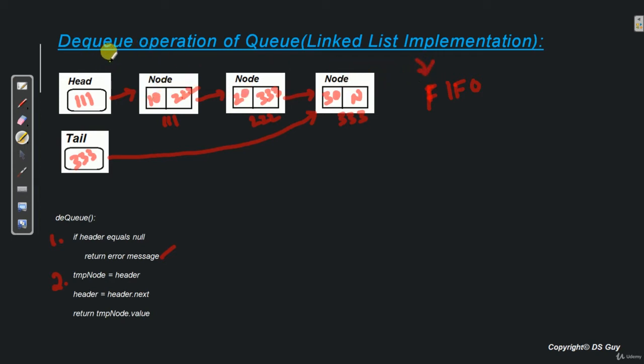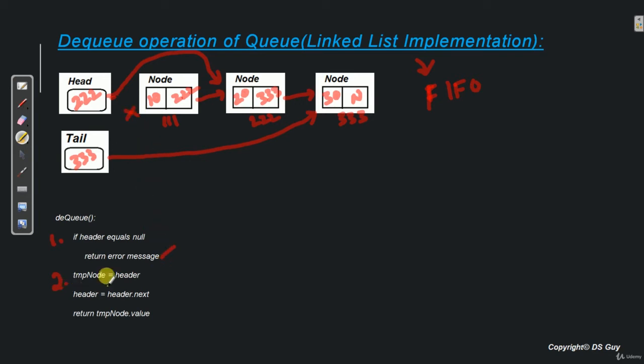So now if you want to dequeue, we only have to do a very simple thing. We have to store this temporary variable 10 somewhere and then we have to update the head and make it point to the next node. So we'll say head now points to 222. This will make sure that head is pointing to 222 and the 111 node is not being pointed to by any of the variables. So the garbage collector automatically deletes this node. We don't need to do anything.